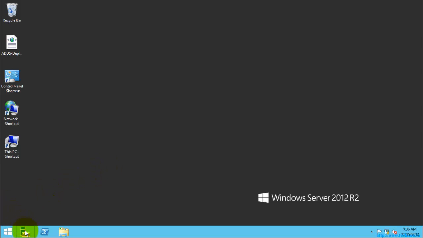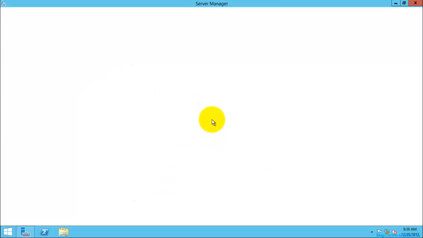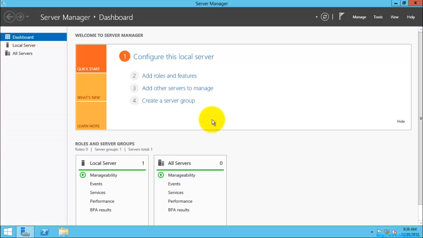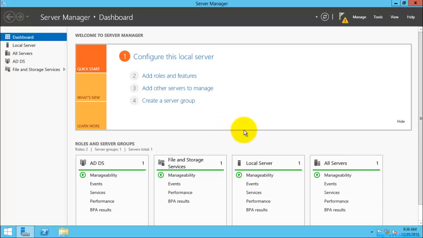So I'm just going to the server manager. Keep in mind that I have already installed the role ADDS in this server. So right now I am just going to configure, that is, I am just going to promote the server to